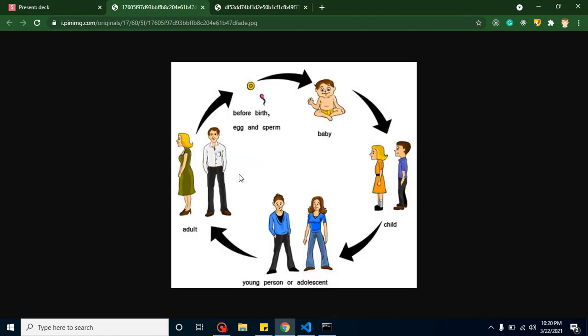So let's make it very simple. In a human life cycle there are four phases. One, before birth, like egg and sperm. Second, whenever babies come into the real world. The third one is growing up and learning new things, like going to college, then getting married and having babies and all. And the last one is passing away. So there are four life cycle phases, right?